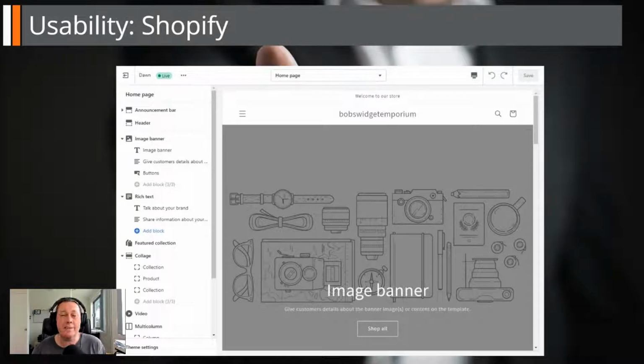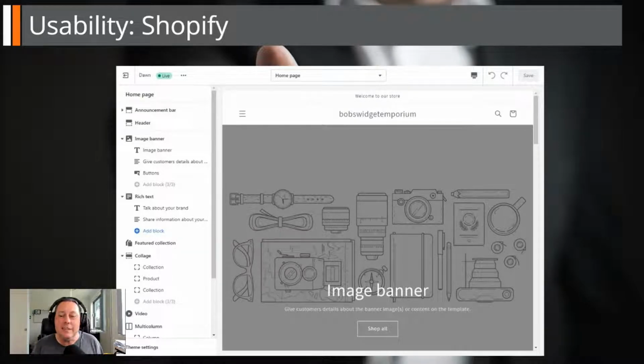Now, Shopify itself comes with an easy drag and drop editor for customizing your theme. It's not as powerful as Beaver Builder or Elementor or the like, but it does the job. You can have columns, you can have rows, you can drag components, text, headlines, products, and all that sort of stuff. So it's a really nice interface and it works really well. And I haven't had it crash yet, which is good.